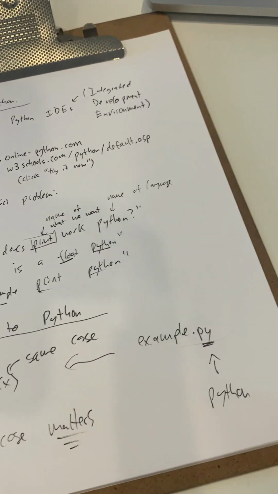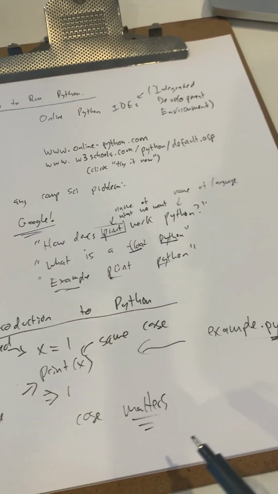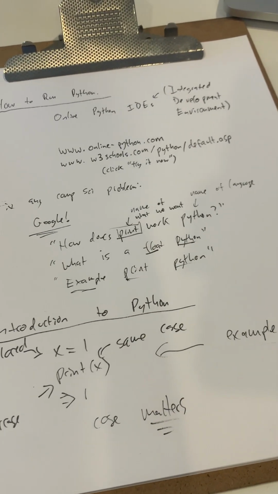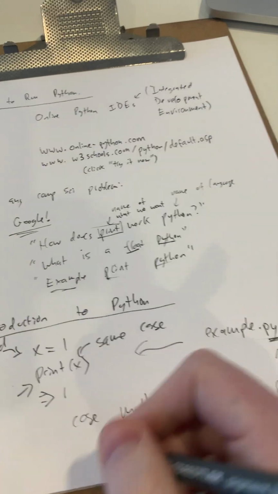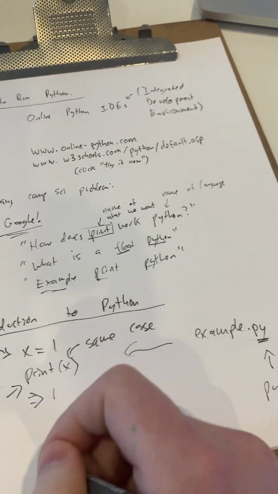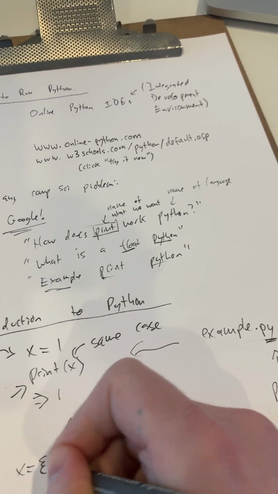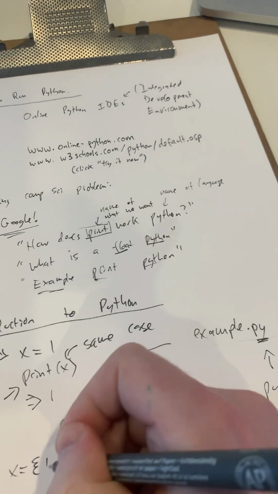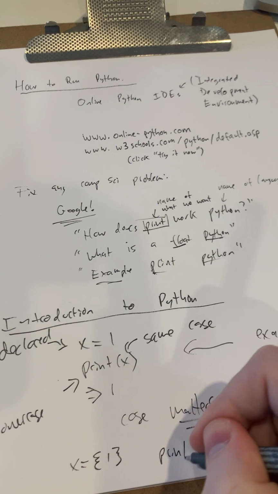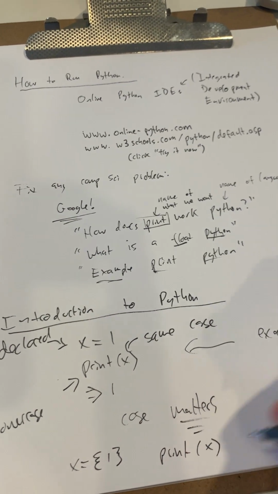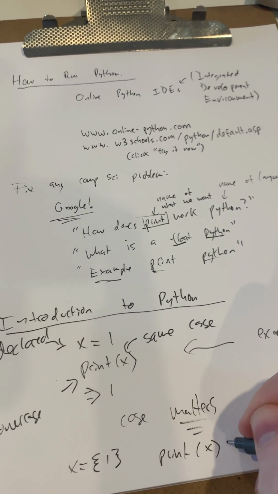X equals 1 over here, as a detail, is called an assignment statement. For us, and how this fits into our program so far, we can think of X as a set. X is a set with one member. And then what our print function does is it asks,